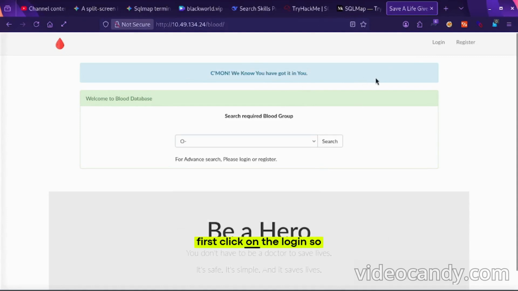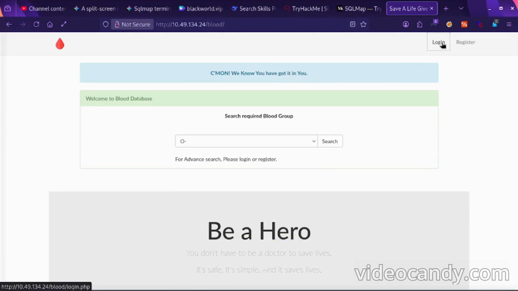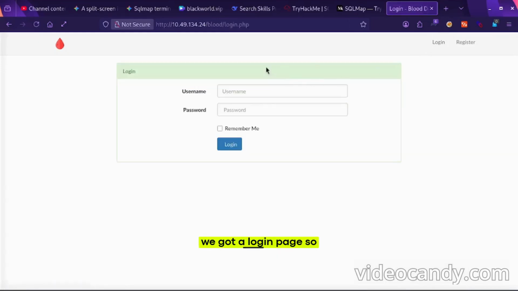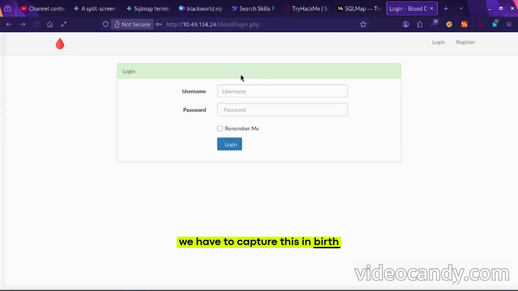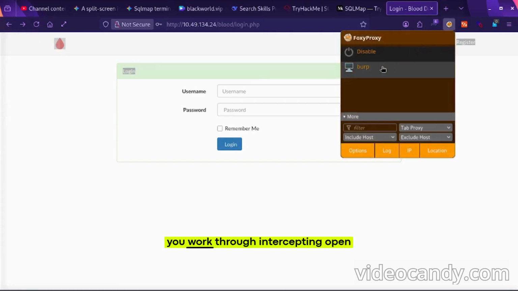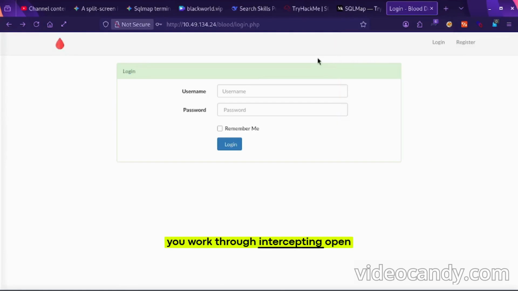First click on login. So we got a login page, so we have to type random values, and we have to capture this in Burp Suite. Use Burp Suite intercepting.